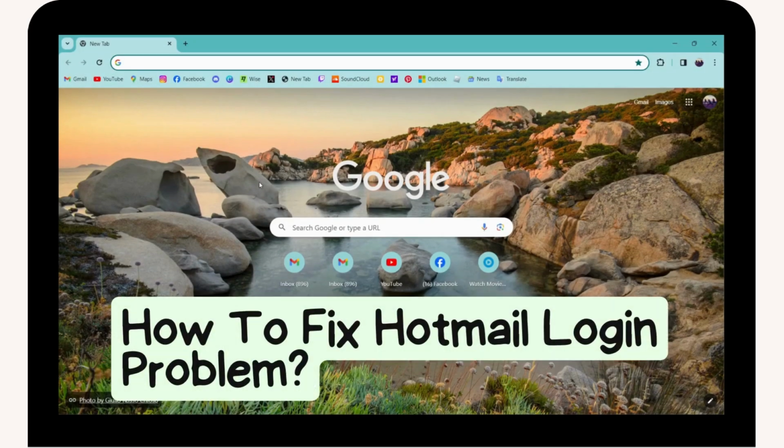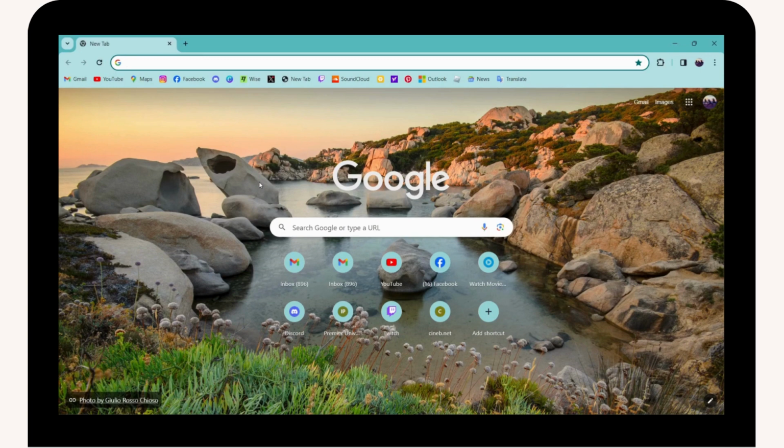How to fix Hotmail login problem. So if you're trying to log into your Hotmail account and you're facing a problem with the login in Hotmail, then what you can do is simply go to the upper right of your browser, which